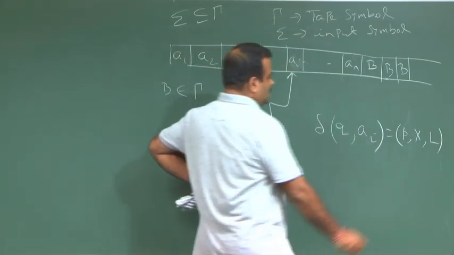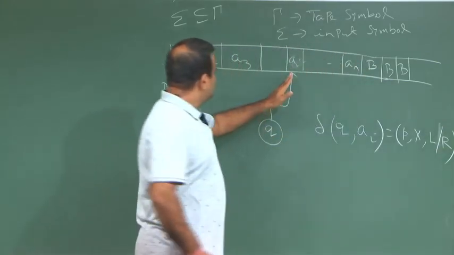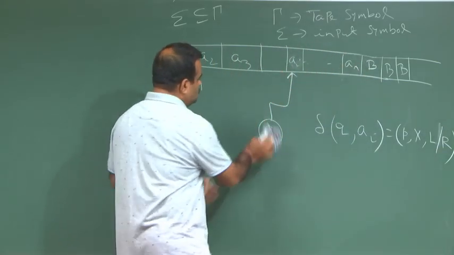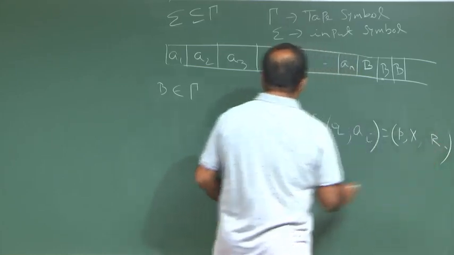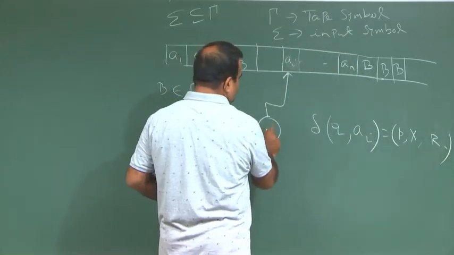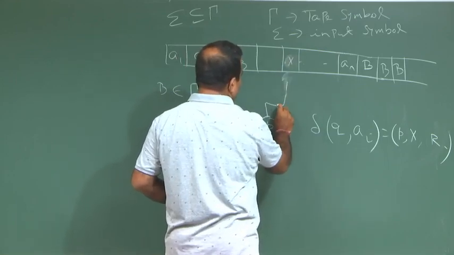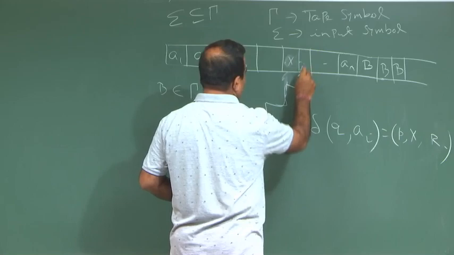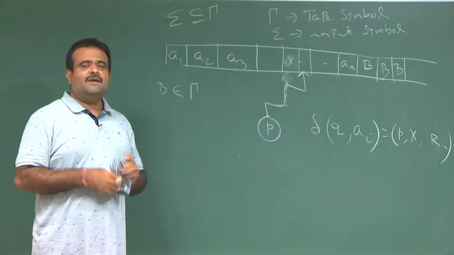So, it could be left or right. If it is right, then what are we doing? It will change to state p, and this will be replaced by x, and the tape head will point to the right of that. So, this is the next ID of this